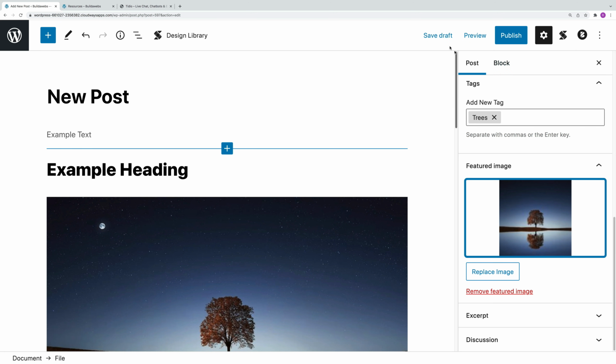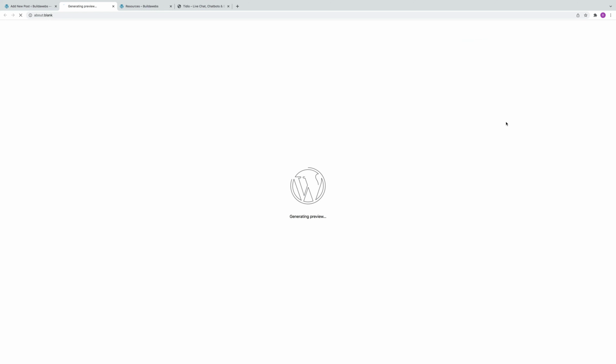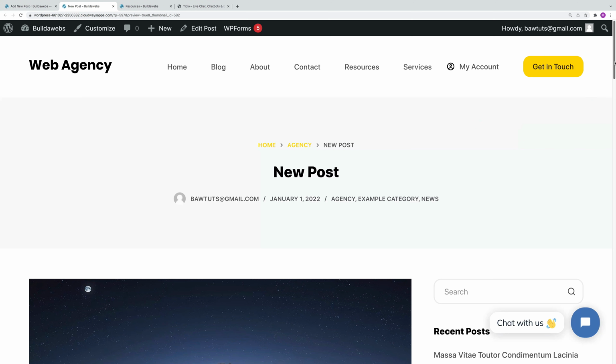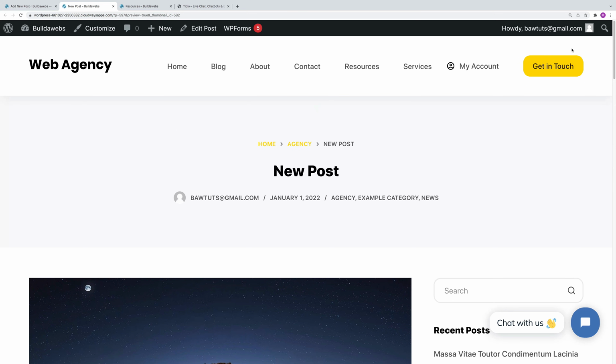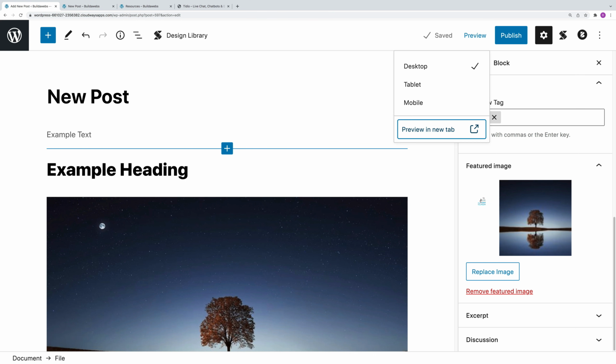Next up, let's show you how you save. You just click Save Draft here and it's saved. And then before you publish this page, you can click on Preview. You can preview it in a new tab and just see how it looks. If we go back,